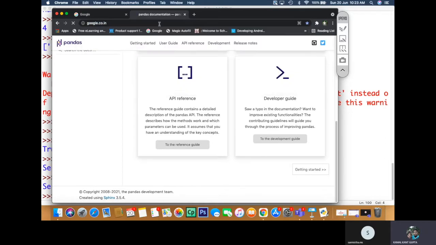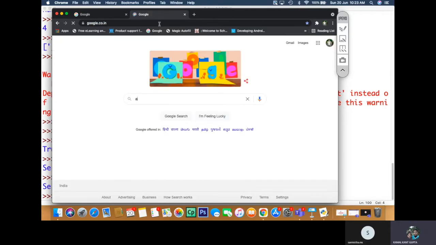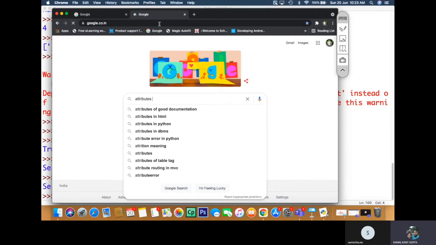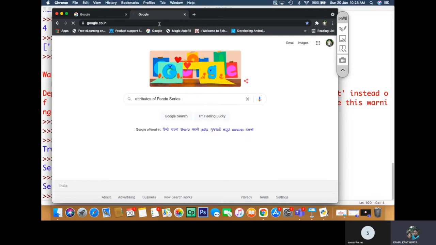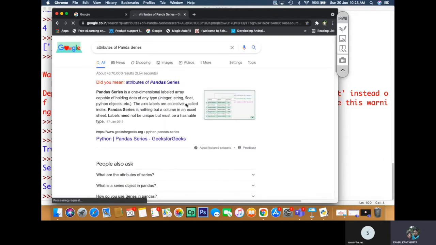So let us type here: attributes of pandas Series. There are many attributes, but in your CBSE syllabus you have only these five important attributes: name, index.name, values, size, and empty.